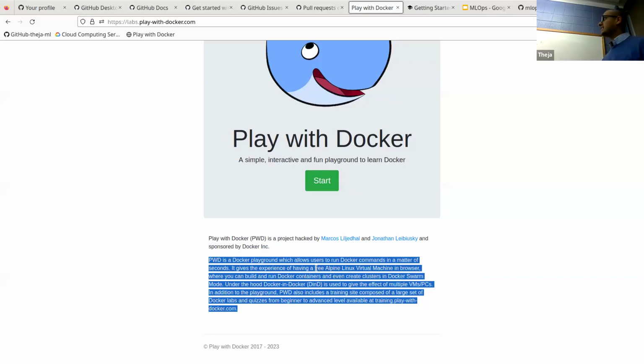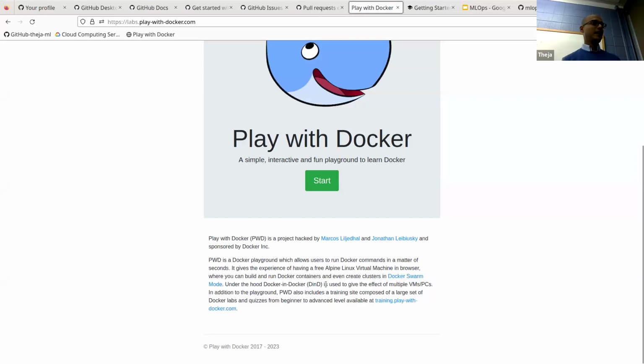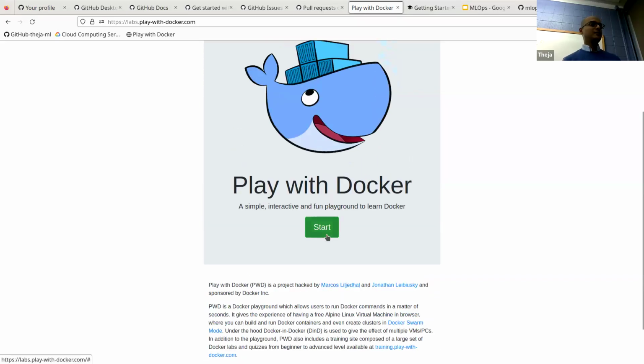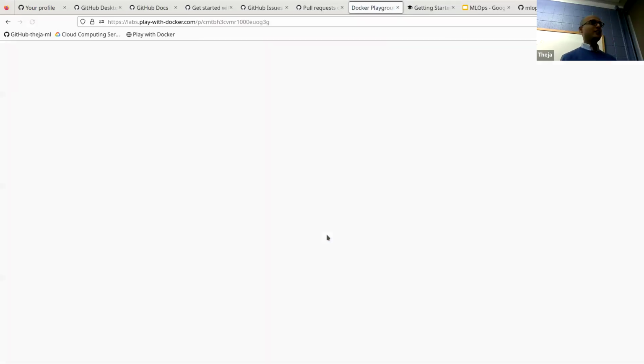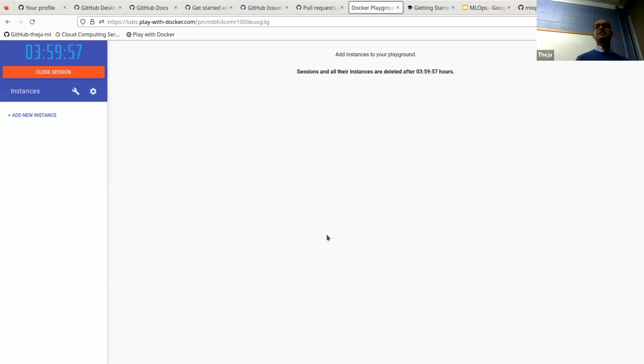Behind the scenes, it's running in your browser, and it looks like a terminal and so on. But behind the scenes, they're orchestrating it through some complex technologies. But from our perspective, if you don't want to install Docker, if you fail to install Docker, I would suggest, obviously, last time I mentioned install Docker Desktop, which is a simple UI to see which images you have, container images, and which containers you're running from those images. So here you can